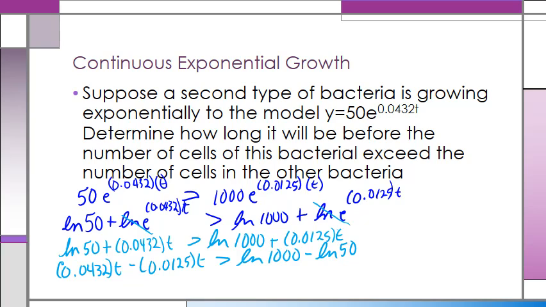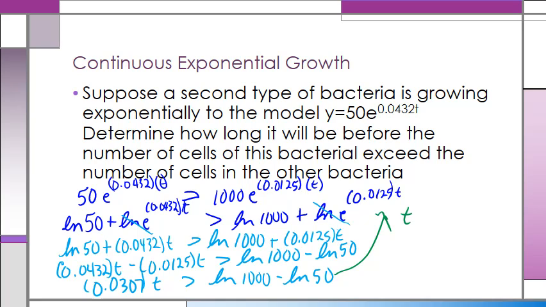Now, when I subtract from 0.0432t the 0.0125t, I get 0.0307t is now greater than ln 1000 minus the natural log of 50. Let's carry this, got a little bit of room right here. And so then when I isolate the t, t is equal to ln 1000 minus ln 50 divided by